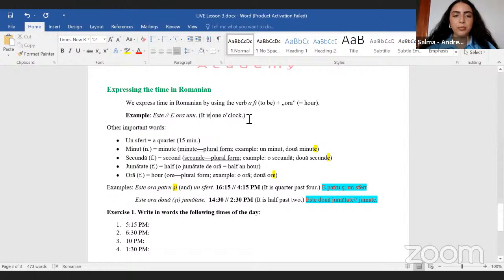You can leave the personal pronoun out, something that we cannot do in English. Why? Because, for example, in this case, este, this form of the verb is only for the third person singular. So it's actually understandable from the verb which person you are referring to. If you say, for example,